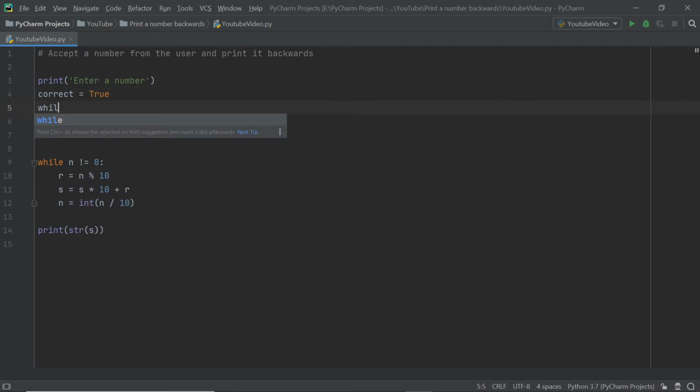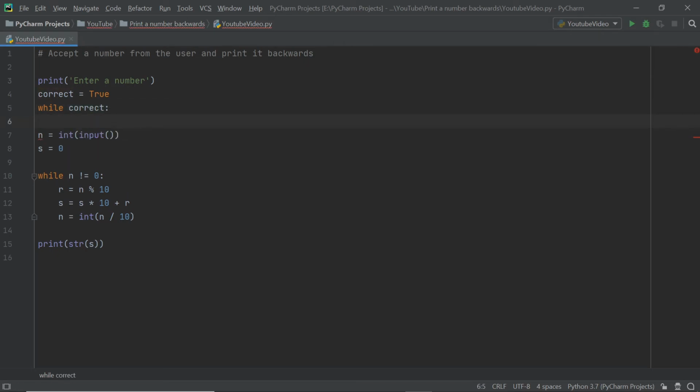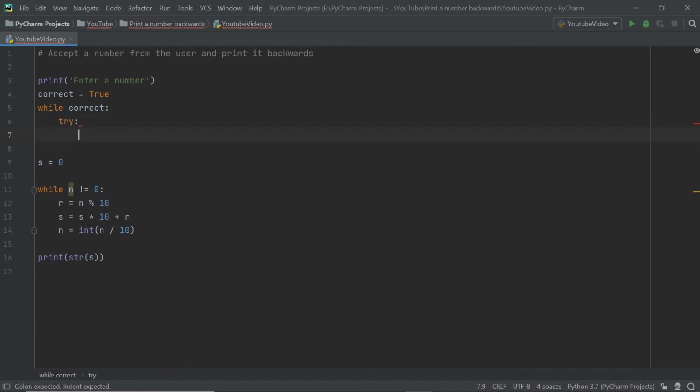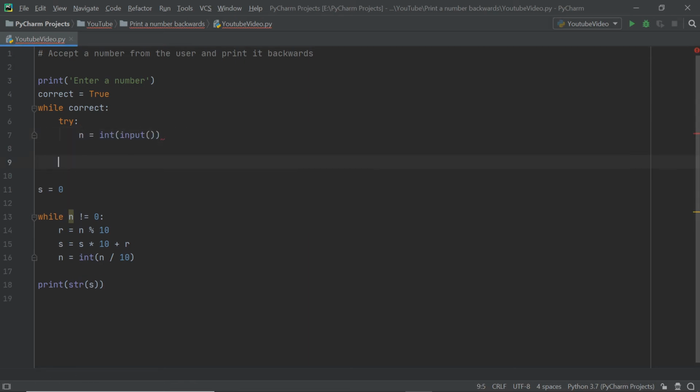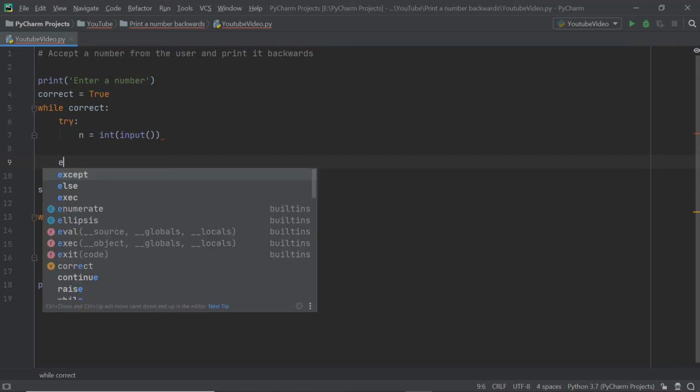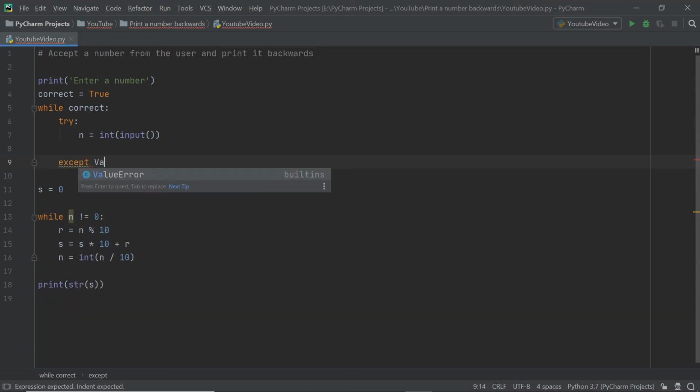And now I'm going to have a while loop set up. I'm going to say while correct, okay? And I'm just going to copy cut this line of code here. I'm going to say try and paste this line of code inside the nested try. So I'm going to say try n is equals to int of the input except, and you want to just